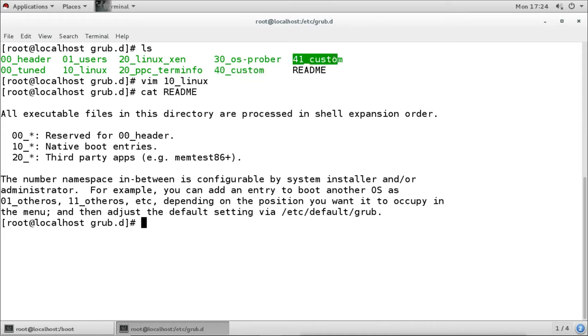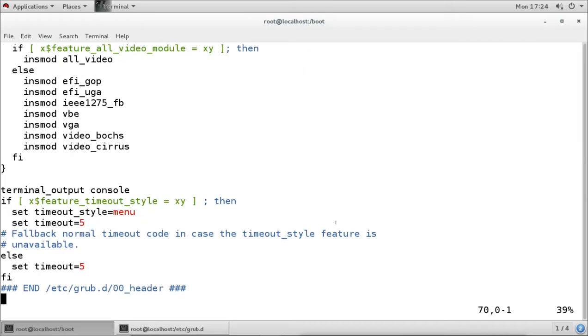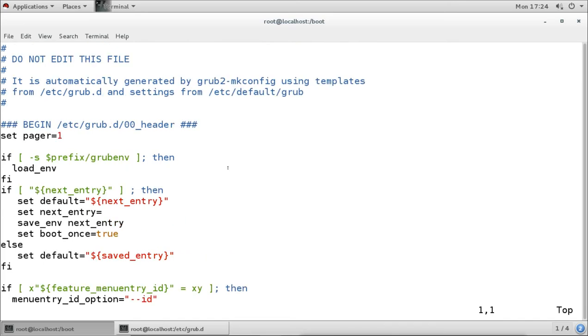If you want to have some entries for the boot time, then you can add it here. And for the basic options we have here, we can change it from here. We can add this in this file, and that is also saying here under this grub.cfg file. It is saying that it is loading this automatically, it is generating this automatically from the templates here and the settings from this file. So this file is having settings which we can change easily.